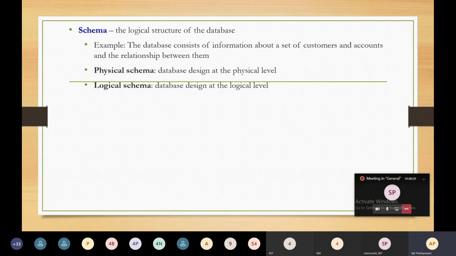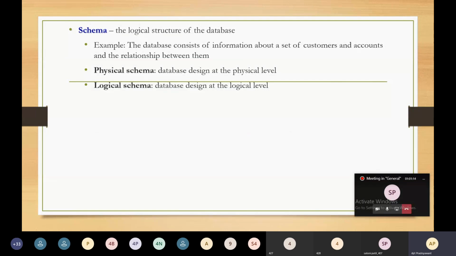There are two types of schemas. The first one is the physical schema and the next one is the logical schema. In the physical schema, it is the database design at the physical level. How exactly your data is stored is decided in the physical schema. It works at the physical level. Whereas the logical schema is the database design at the logical level.